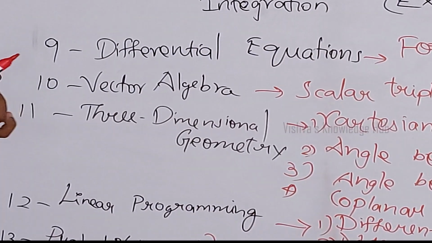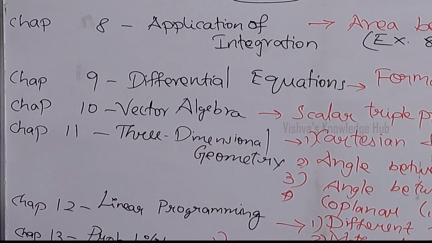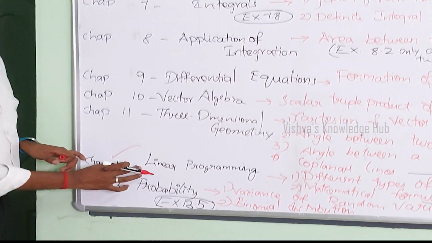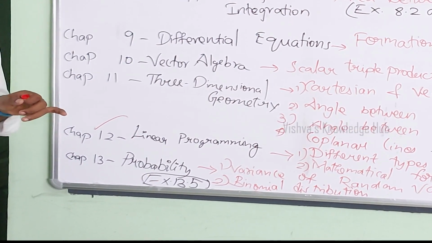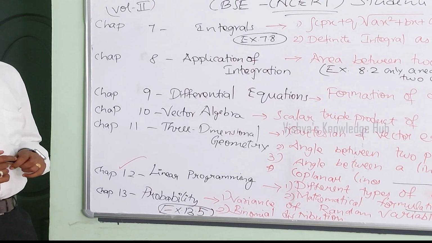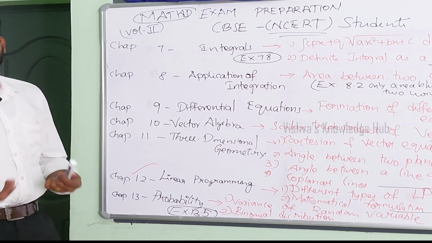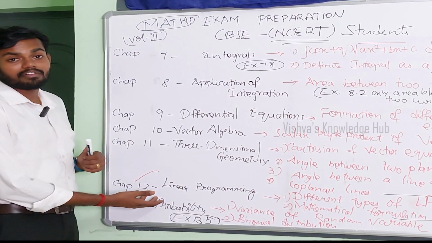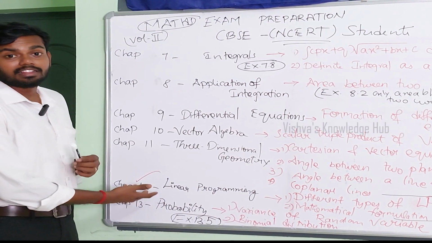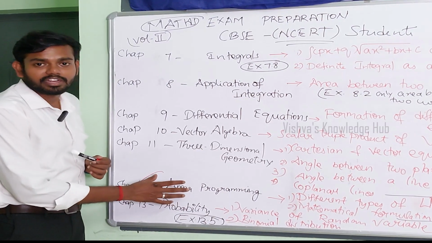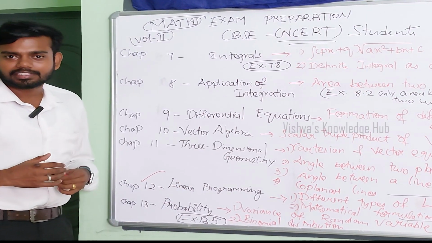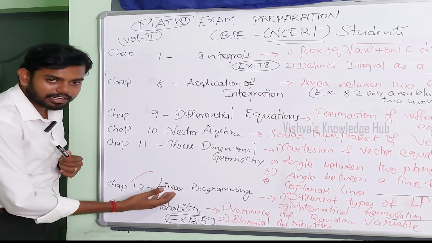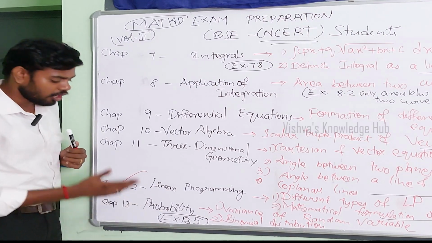Please note, guys, the most important chapter where you can score marks easily is linear programming. In the sample paper we have a case study question in linear programming, and also in the 2023 board examination. If we have a question, it will surely come either as a 5-mark question or a case study question. Linear programming is very easy: depending on the optimization, maxima or minima, we calculate the critical points and solve the problem using the graphical method.